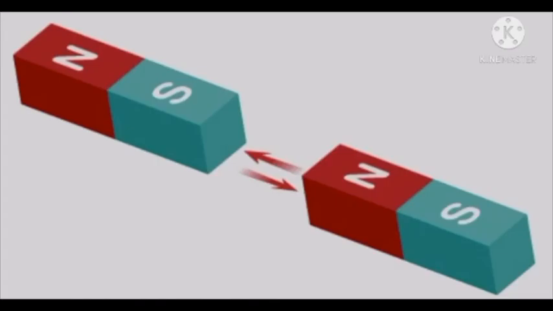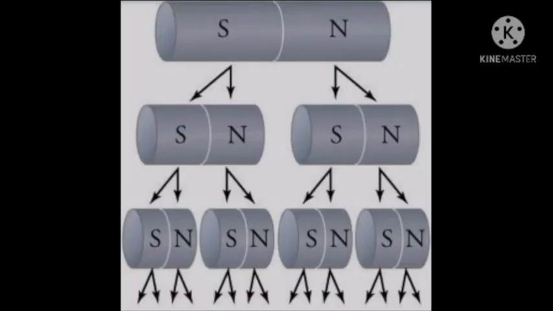Now, students, take a bar magnet that can be cut with scissors or a knife. Take iron filings on a sheet of paper and place this magnet on it. Most of the iron filings will stick to its poles, correct? Now cut the magnet into two pieces as shown in this picture and place those pieces on the iron filings. Pick up each of the pieces and observe them. Everything is going to stick again to the south and north poles, correct?